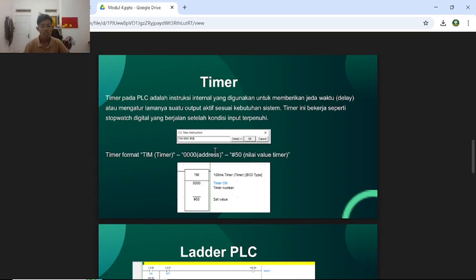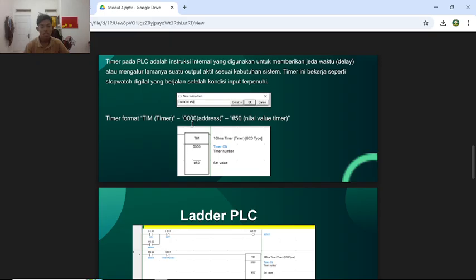Example, pressing the button for even 1 second will cause the lamp to stay on for exactly 5 seconds. Timer format in the trainer board: TIM, timer address, and then value, for example, TIM 0000 #50. 0000 is the timer number. #50 is the preset time value, which could mean 5 seconds depending on time base.